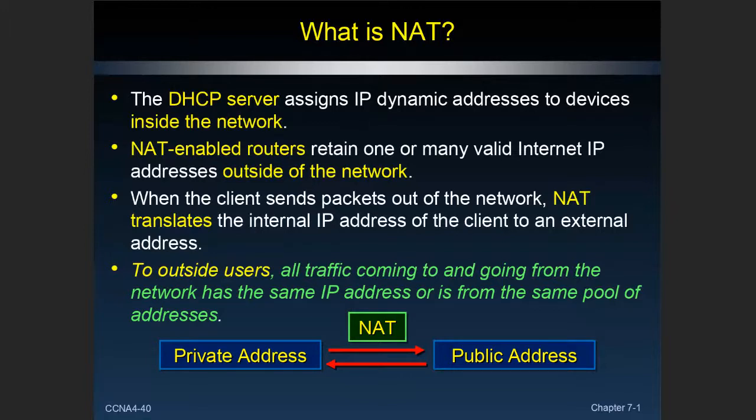Okay, so the DHCP server inside the company or inside your residence will assign IP version 4 dynamic addresses to devices inside your network. Your NAT-enabled router, which is going to be your home router, or in your business it'll be a Cisco router or some other brand of router somewhere in that business, will have internet global unique IP addresses that have been assigned to you, to your company, by your internet service provider, whatever your service provider is. So whenever you send a packet outside of your network, the 192.168.1.1 type address will be translated into that 199.99.99 address that's allowed to exist on the public internet.